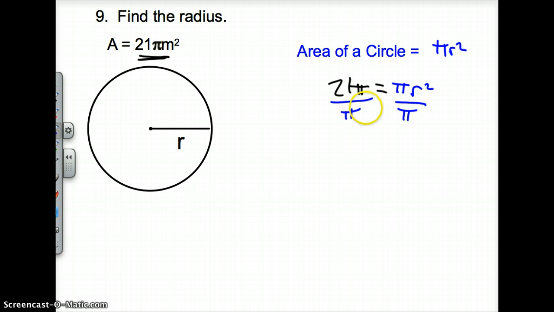Now, what is, let's say, 3 divided by 3? It's 1. What is 4 divided by 4? Anything divided by itself is going to be 1. So our pi's are going to cancel out, leaving us with just a 21, and that's going to equal r squared because we got that by itself. Now, how do you get just an r? You have to square root both sides to get r equals the square root of 21, positive negative